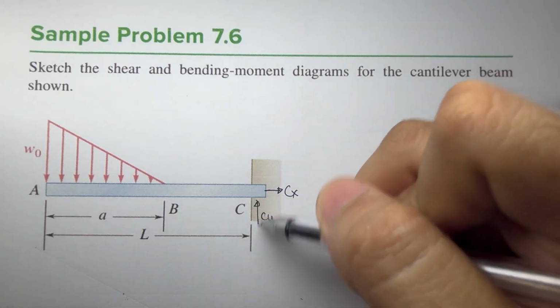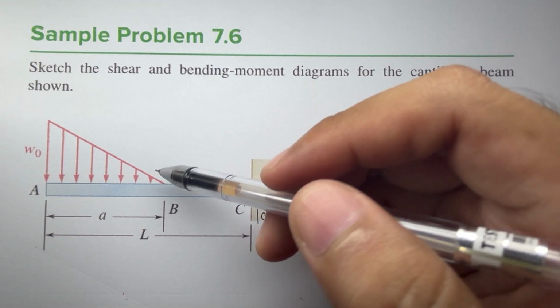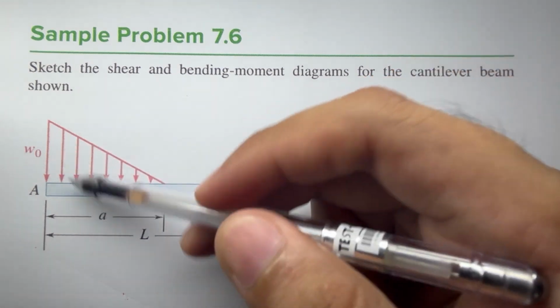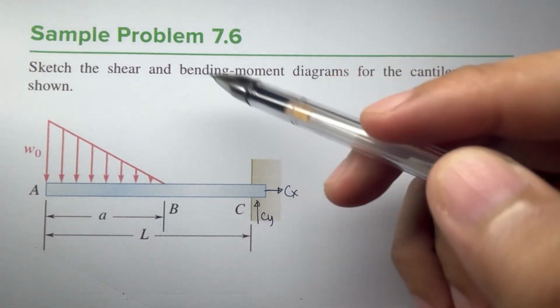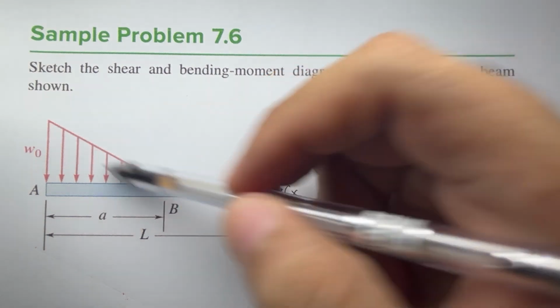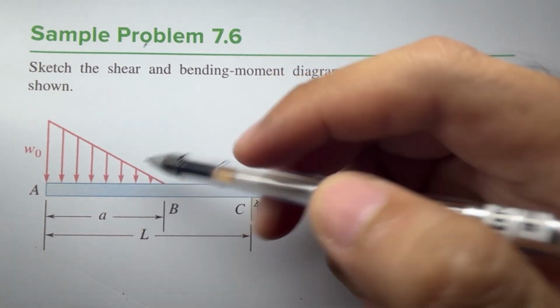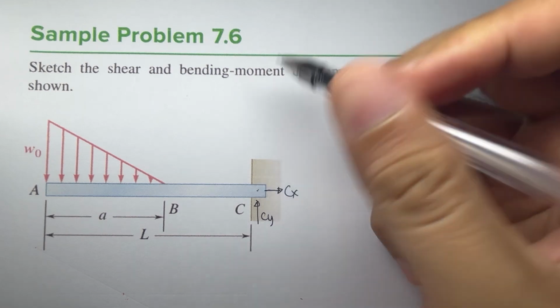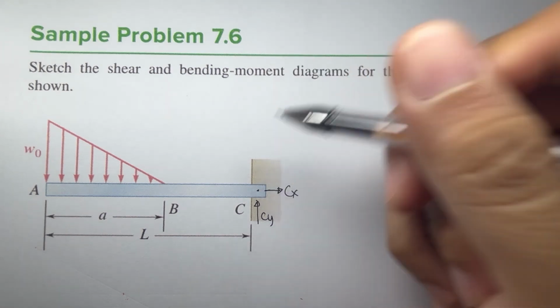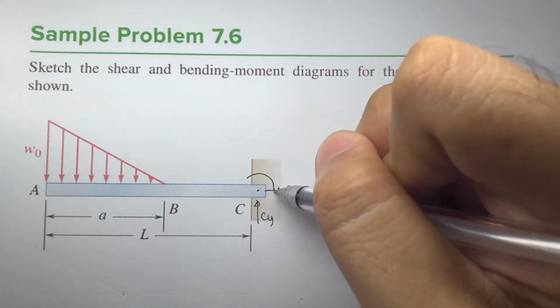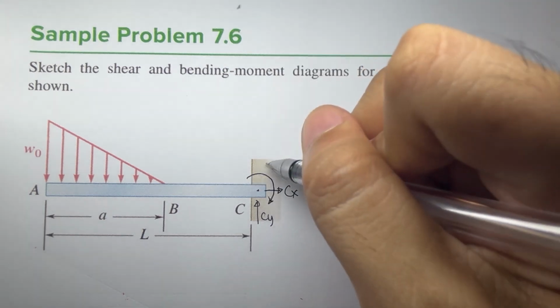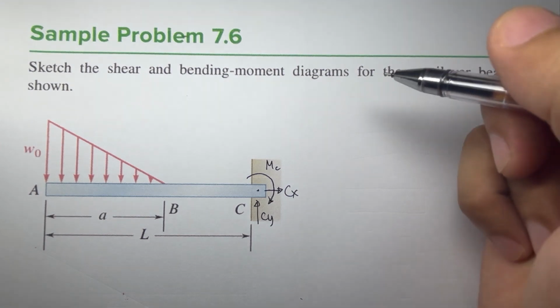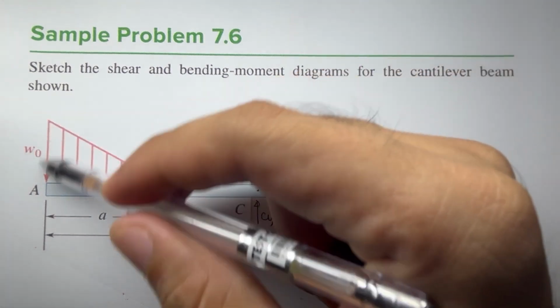Our Cy here is upward because all of the forces applied on our beam are downward. And this distributed load here would cause a counterclockwise rotation at point C. That would mean that the reaction at point C should be clockwise. So we have here a moment MC. Now, this